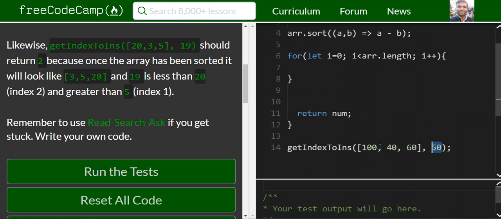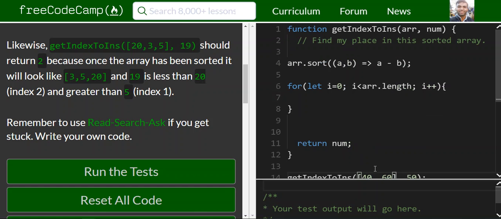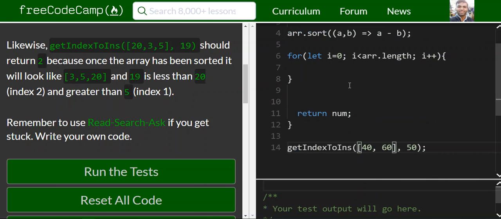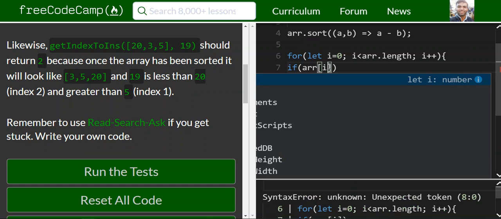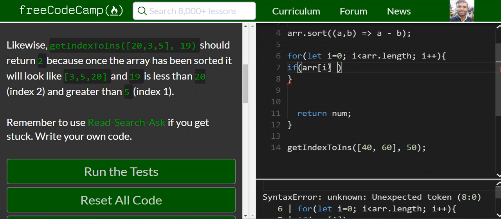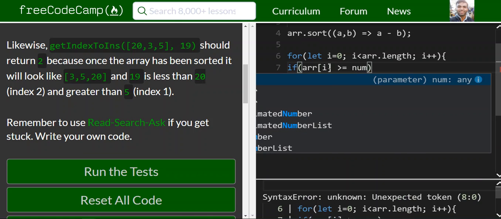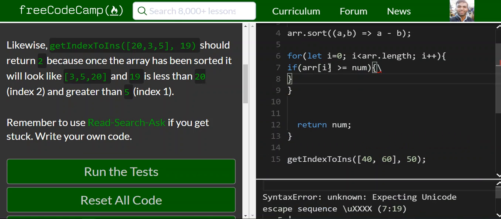So I would use the original elements of the array, and I would say if array at index I is greater or equal to num, then what I want to do is just